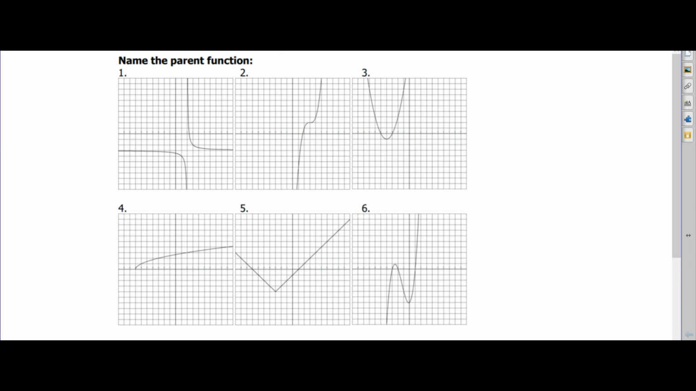All right, we're going to go over the 1.6, 1.9 review today. The first 6 questions here are asking you to name the parent function. You have to be familiar enough with these parent functions to get them right. The board will be covered up, so you won't be able to see these parent functions behind you while you quiz. So, looking at this first one, you have to understand that typically when we have this vertical asymptote and